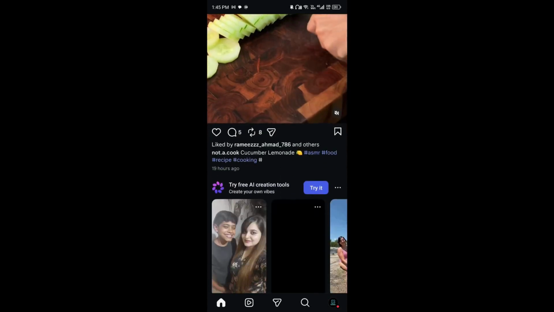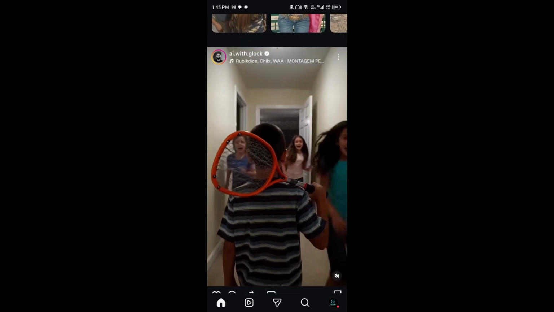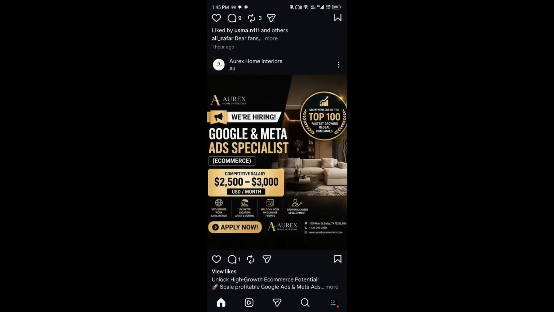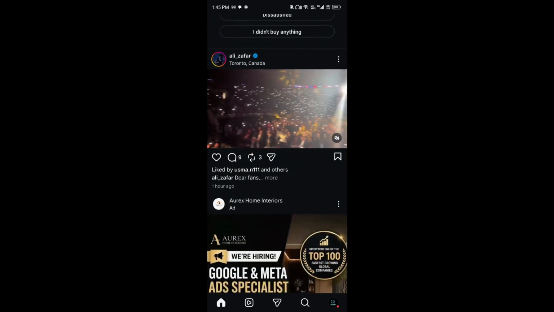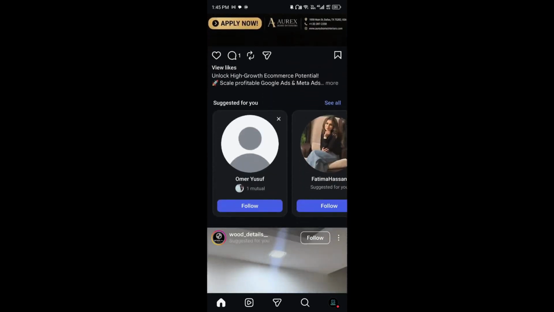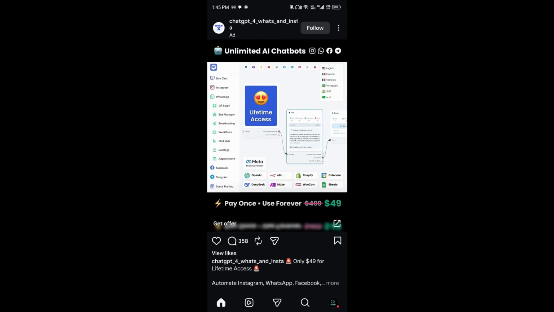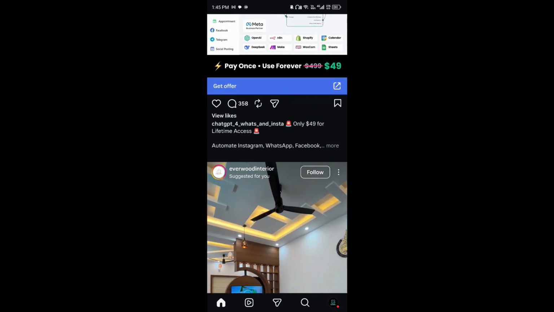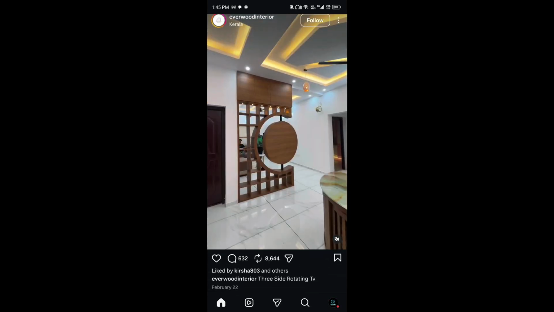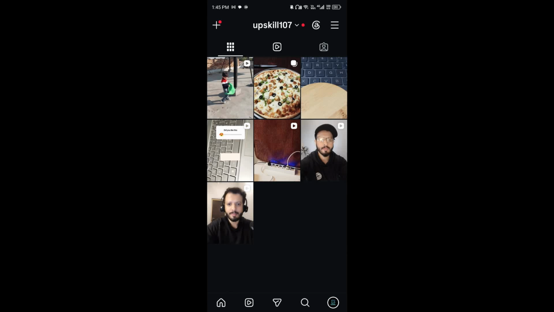In this video, we are going to see how we can switch our professional account to a personal account on Instagram. So due to whatever reason you want to save this or switch to personal account, here's how you can easily do this. First of all, just click on the bottom right hand corner on the profile icon, and you